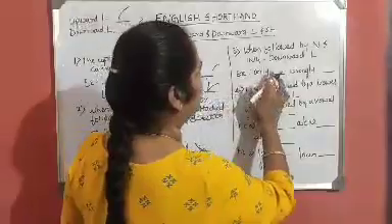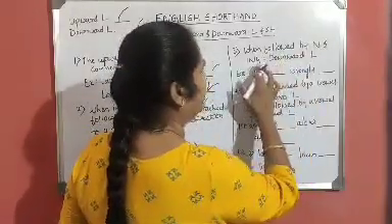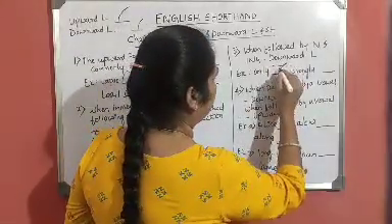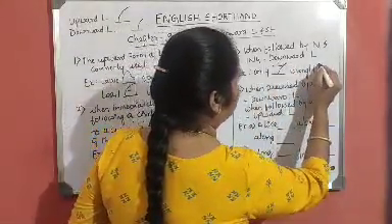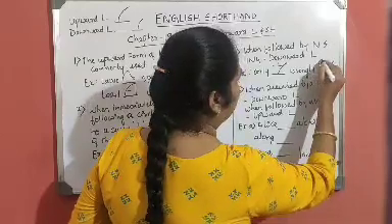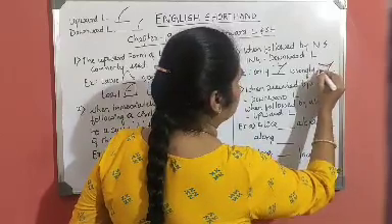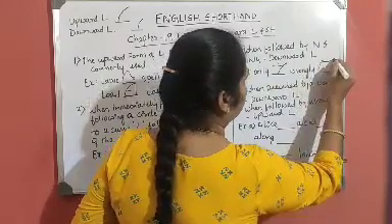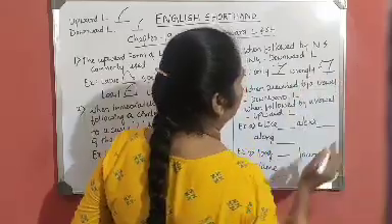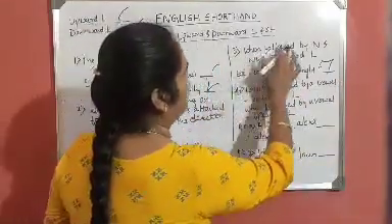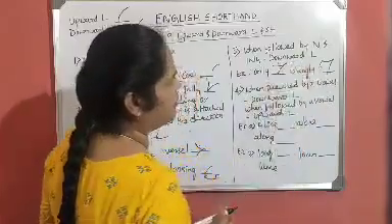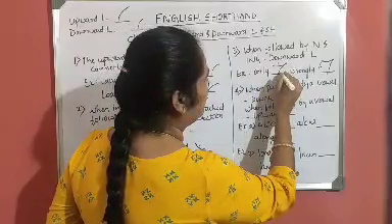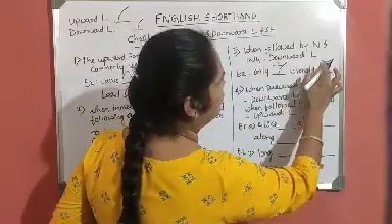Then the third point is, when followed by N and ink, we have to use downward L. For example, only. Then wrongly: ink L. Wrongly. When followed by N or ink, the downward form of L, we have to write here only N, L. After L, E vowel. Wrongly or ink L.